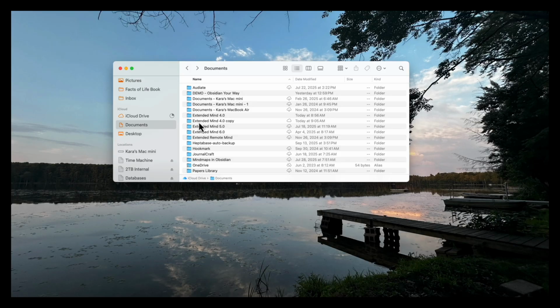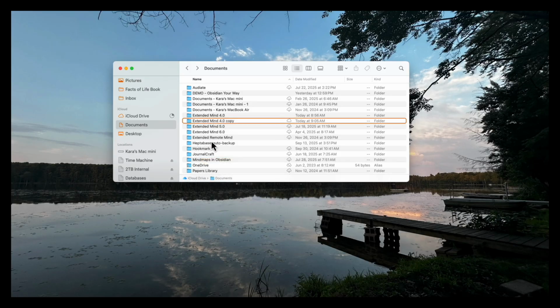And the reason that it's important to do that duplicate is that within that folder, since it's already been opened as an Obsidian vault, there are some Obsidian files that are hidden in there. And if you don't have your hidden files shown, which I don't in this version, then you're not going to see those files, but they're there, and they're what stores all the plugin and all of the appearance information.